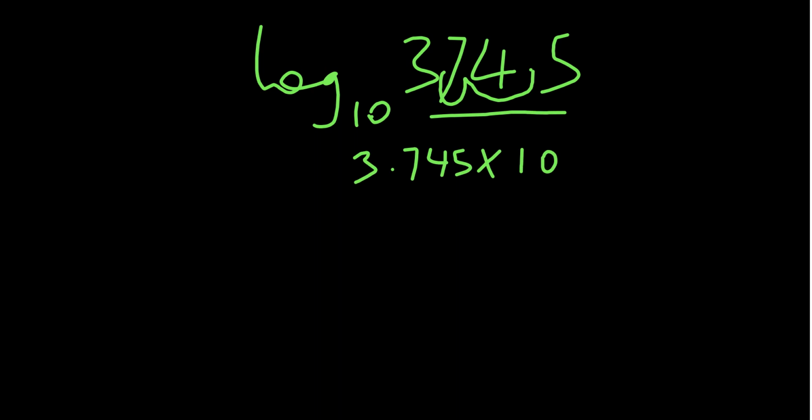Okay, so now you can see that we now have a base 10 here, but we are now going to look for how to get a base 10 from this one. This is exactly when you need to use your log table. You get your famous four-figure table and look for the log of 37 under 4 difference 5. When you sum it up together, you're going to get something like